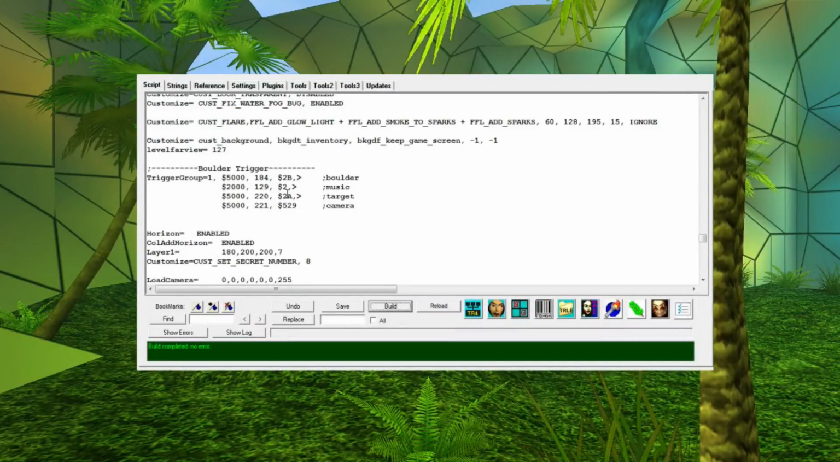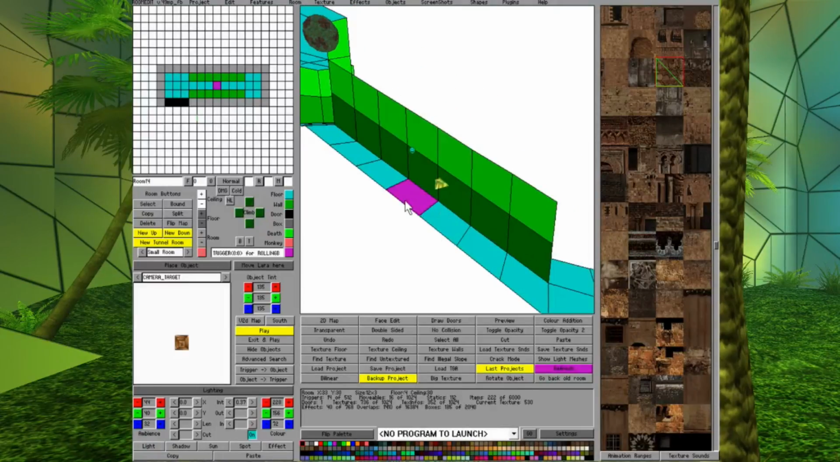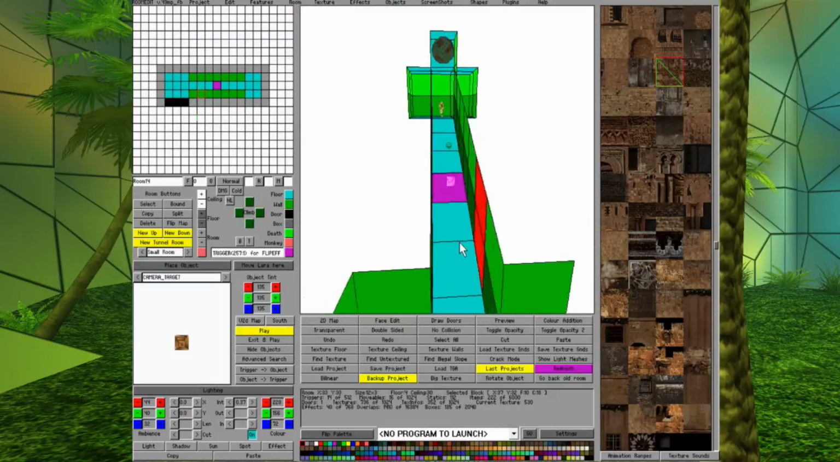And the editor is happy with that. It didn't throw up any errors. If you forget to put in one of these greater than symbols, or you forget to put in a semicolon, it will most likely throw up an error, so you should know whether you've done it correctly or not. So now we're all done configuring that trigger group. We have ourselves a working